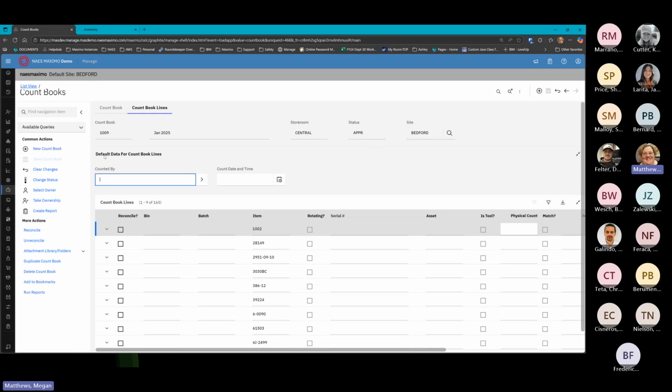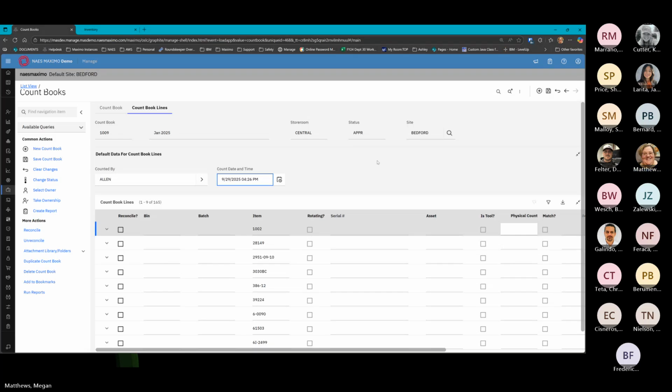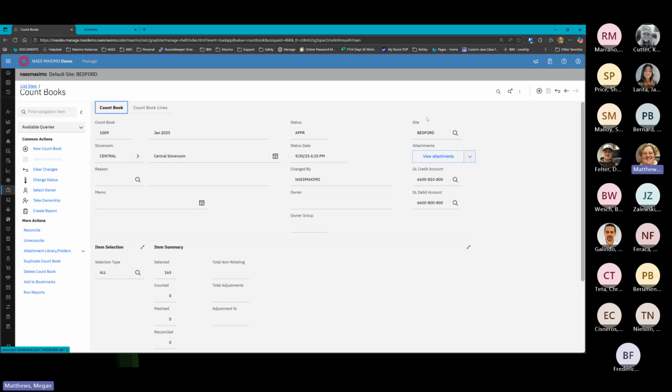And then once someone goes in to count it, they can put in their name and the count date and time. So Alan, and let's say she counted it on the 29th. That lets you know who counted it and how many they counted. And once we've done that, we can count these in one of two applications. We can count them here, or we can count them on the mobile app. So if you're going to count them here, what you're going to want to do is,